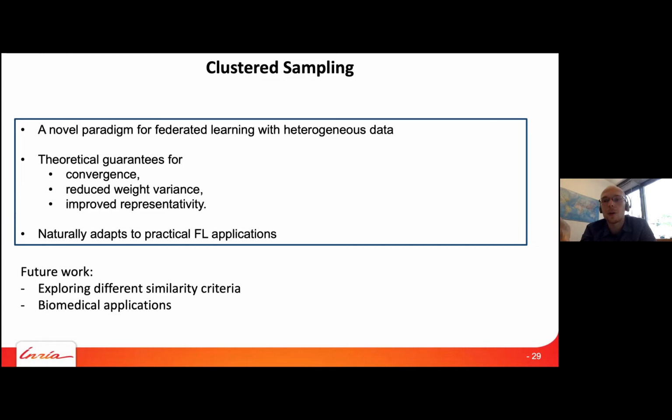And of course, in this case, we are not interested in convergence, or we change a little bit the criterion that we would like to enforce. But this idea of, for example, defining a proper similarity between labels or between samples, and then defining a distribution that takes into account this similarity in the same way we do here, I think this is a very good idea. I would be happy to see something on that.